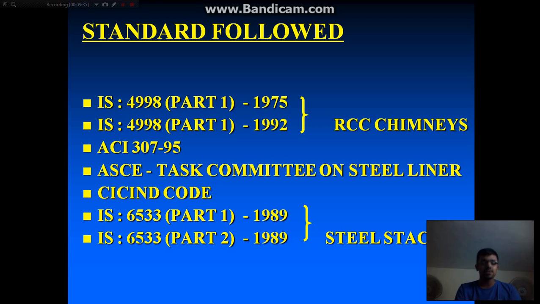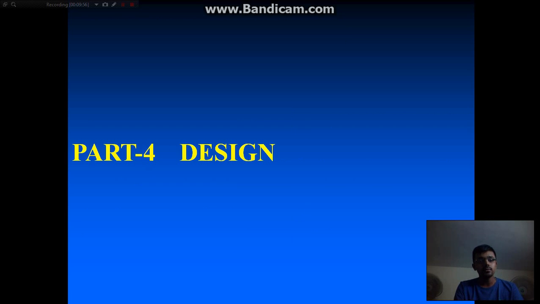There is a CICIND code, which is a new code which you can go ahead with. Moreover, if you are going for steel stacks, there is a particular basic code which has to be gone through by each and every designer of steel chimneys, and that is IS 6533, Part 1 and Part 2. You can refer to that as well, which we will discuss in our design problems. And before going on to the design aspect,